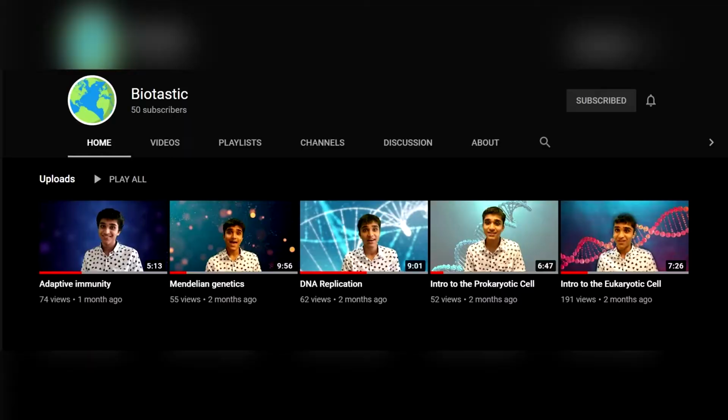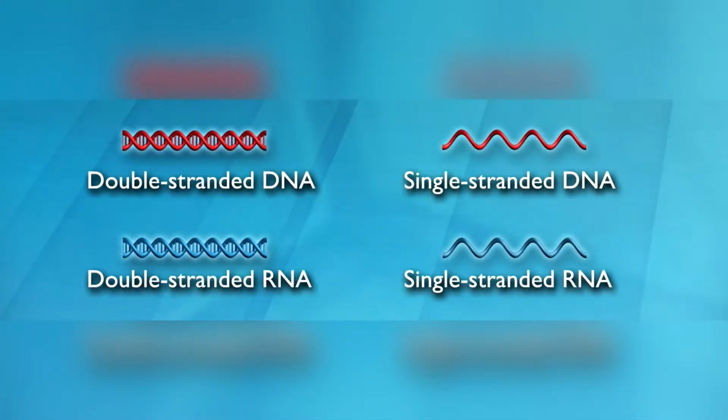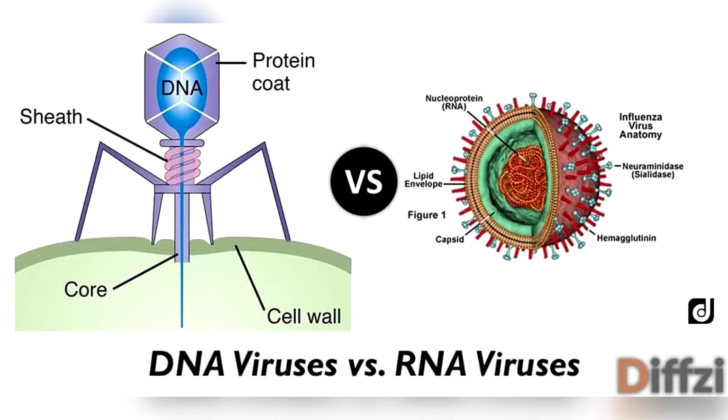A virus is defined as an infectious particle consisting of little more than genes packed into a protein coat. Viral genomes defy the conventional thinking that genes are made up of double-stranded DNA, as we've talked about in previous videos. These genomes in viruses can consist of double-stranded DNA, single-stranded DNA, double-stranded RNA, which is ribonucleic acid, or single-stranded RNA, depending on the type of virus, which also constitutes if a virus is declared as a DNA virus or